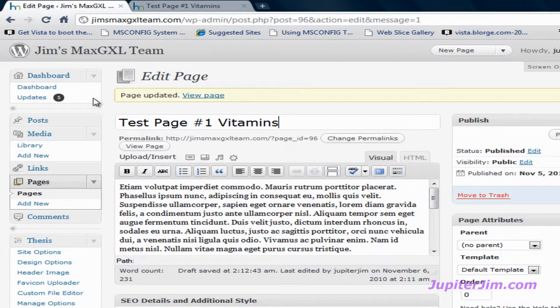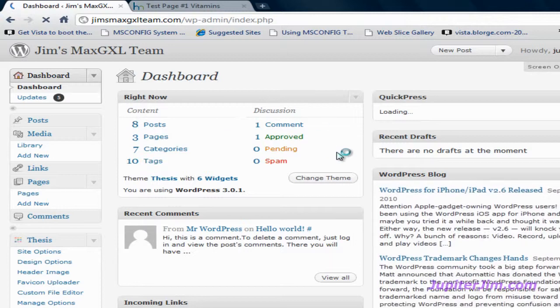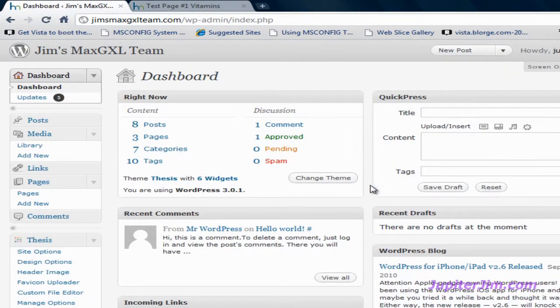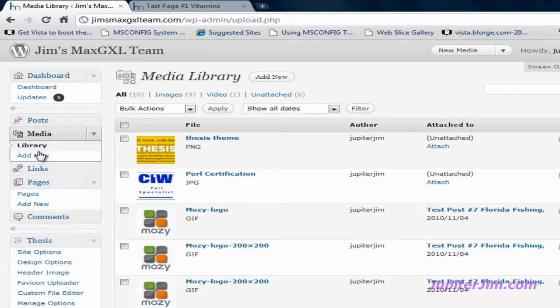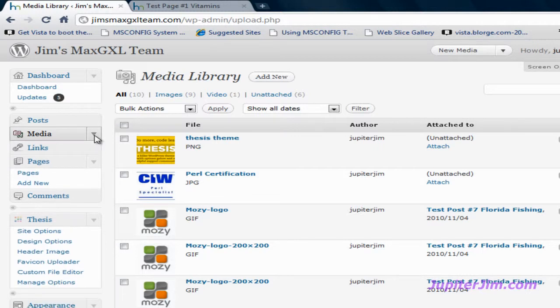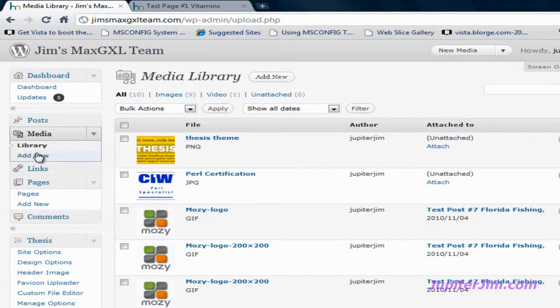Now normally when you log in, it will probably bring you to the generic portion of the dashboard for the blog. Okay, so what we need to do now is add the proper image. You do that by uploading to the media library. Now, if these 2 areas under here are not visible, you're just going to click on this down arrow here. Then you're going to click on Add New,